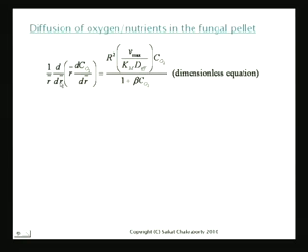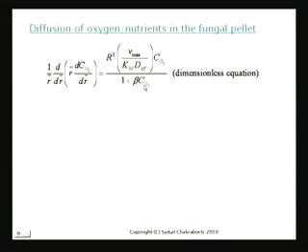Okay, so 1 over r bar. This r bar is the dimensionless form of r. And how do you make it dimensionless? Just make it dimensionless with some initial radius, because the radius is growing. So d dr of r bar times dc dr, and this is the reaction. What is happening is that this is the diffusion of the substrate inside the mold, and there is a reaction occurring.